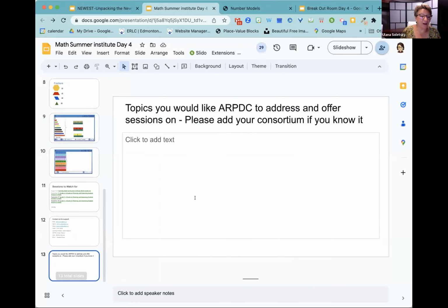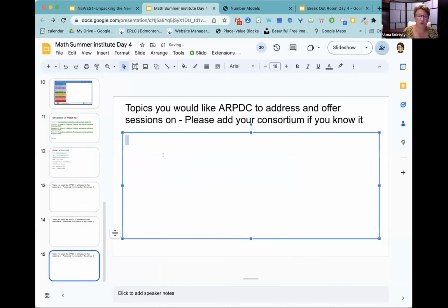So I did add a slide to slide 13. I'll make it 3 slides. If you wanted to add things in there right now of what you would really like a session on, please do so, because Betty and I will see that immediately. And Madeline, so we can work on something that we can start presenting in September, October.